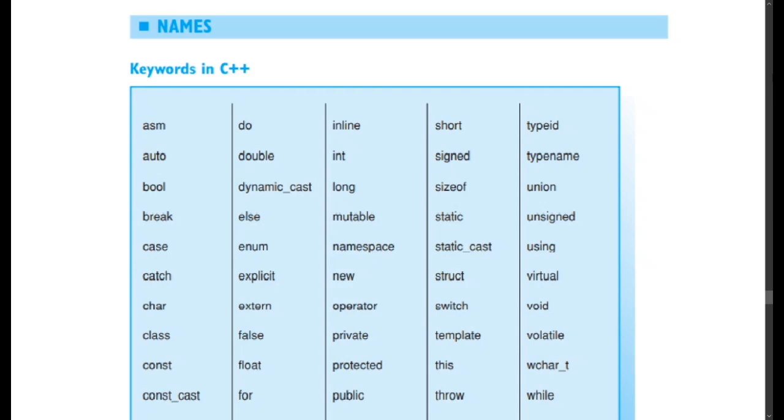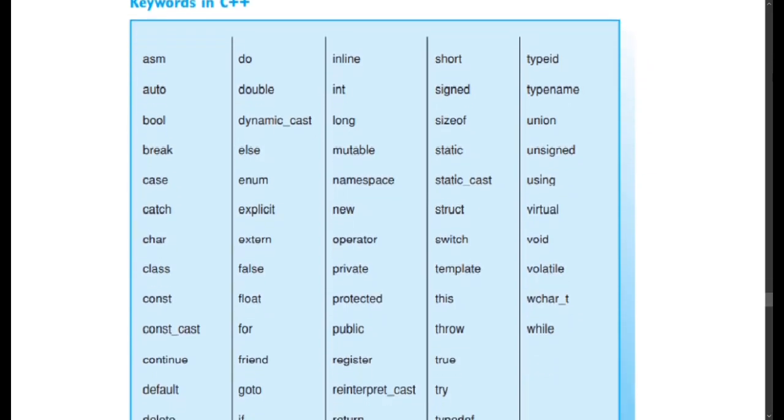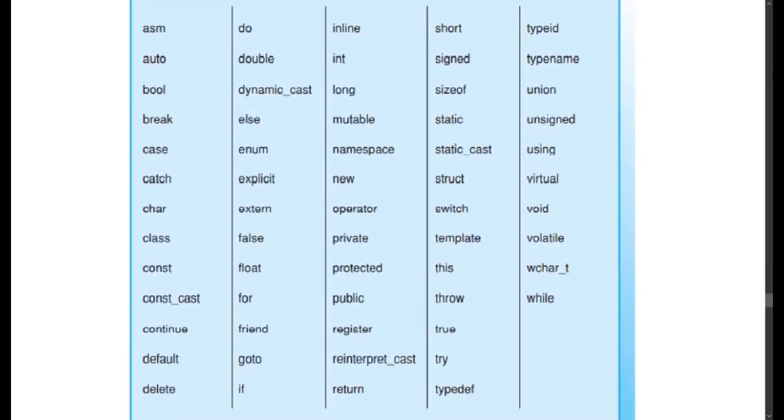Basically, they're predefined and they're being used for something else generally, and we cannot use them for our program in any way. So these are the reserved names, and like I mentioned, they each have an intended purpose generally, meaning that you cannot take that name and use it for something else, because that will, in fact, confuse the compiler. The compiler won't know what to do, and you'll normally get an error.